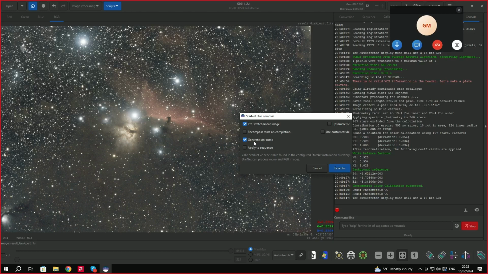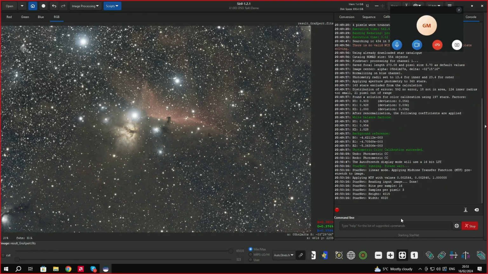And also we need our stars because we will recombine them later. So this is always ticked by default. I like stars, so I will always add them later. But I've seen some people don't like stars at all if they've got a lot of nebulosity. So if you are one of those people and you don't need stars, you can untick that, and then it will not save your stars. But I like my stars, so I will leave it how it is and just click that because it's linear,